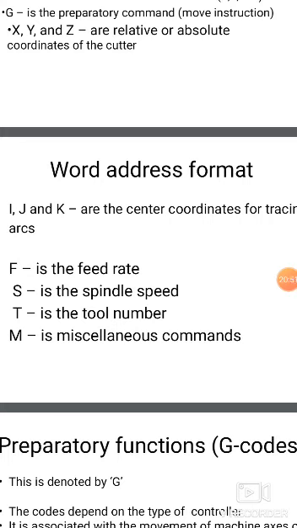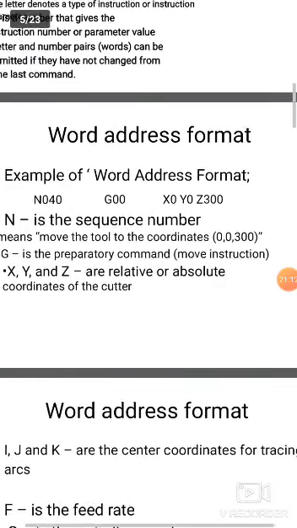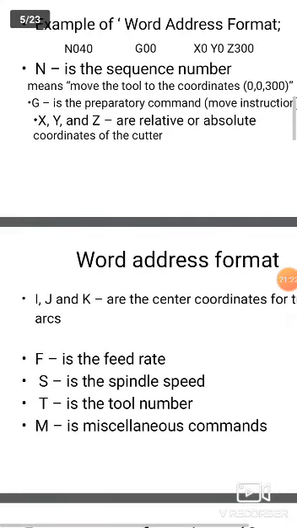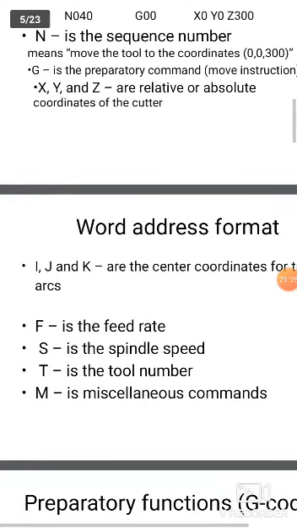We write these alphabets and numbers to indicate the function of the numerical data, so that the NC machine can run. Word address format looks like N04, G00, X0, Y0, Z300. Each letter will have its own identity.